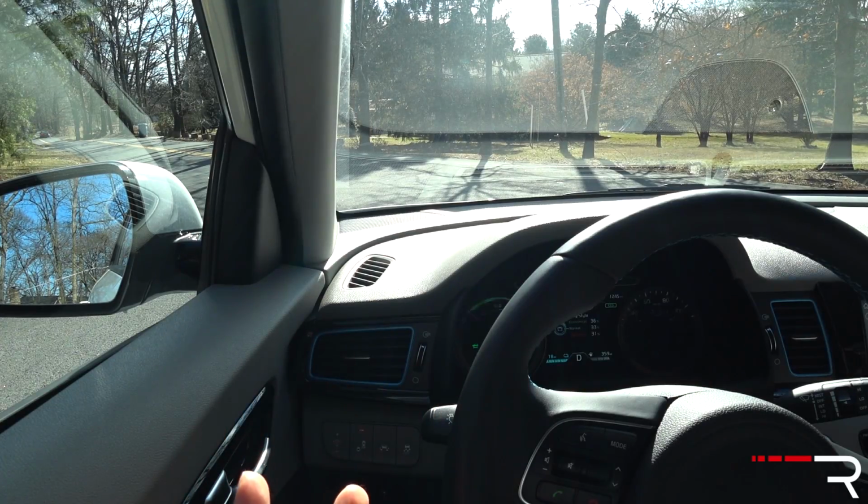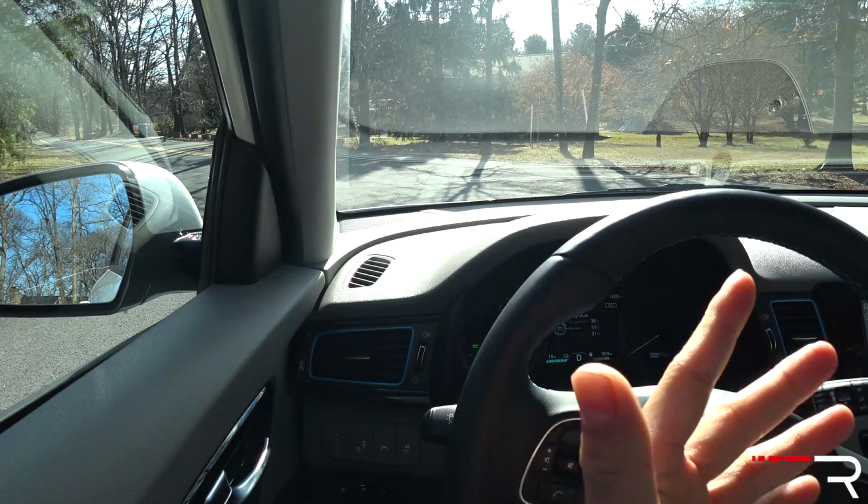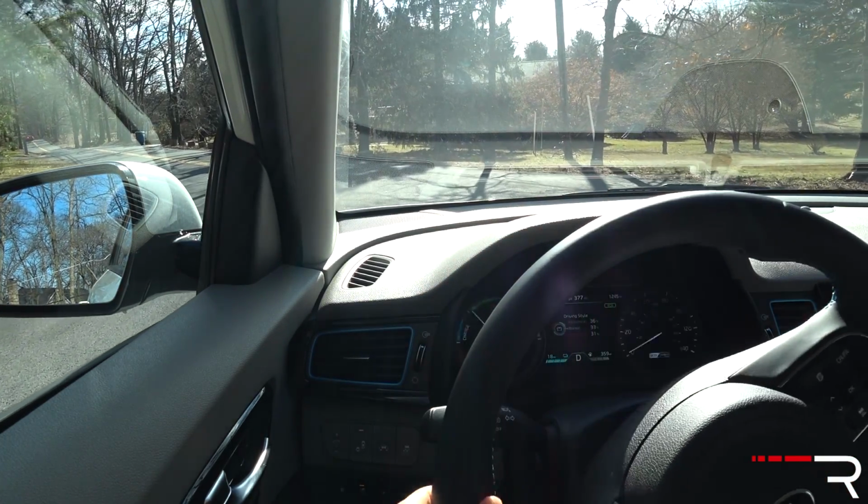It's just this motor, combine it with the 6-speed dual clutch, which I'm glad it's a dual clutch because it has traditional shifts, but it's just so thrashy sounding that I found myself trying to drive this thing as economically as possible so it would just stay in electric only mode, because when you do that, it'll cruise along in electric power alone, so you don't hear any of that noise. So like right now, the gas engine has totally shut off, and if you put it in EV mode and just kind of drive it very economically,